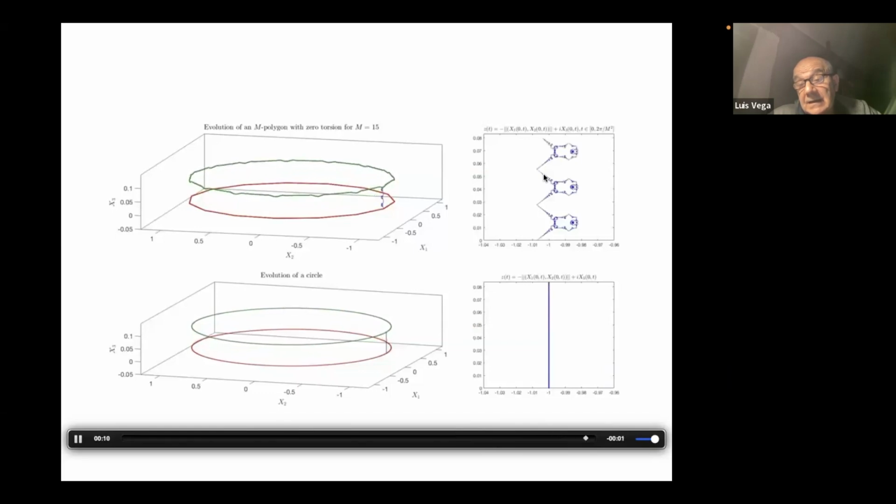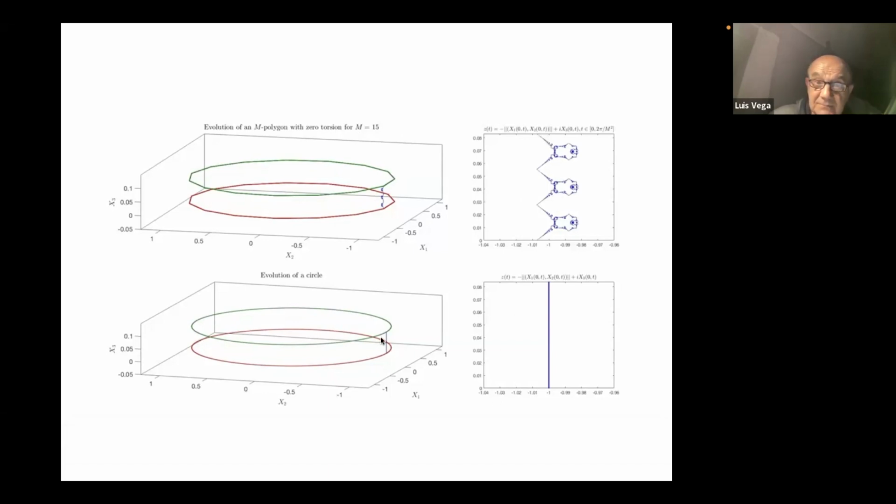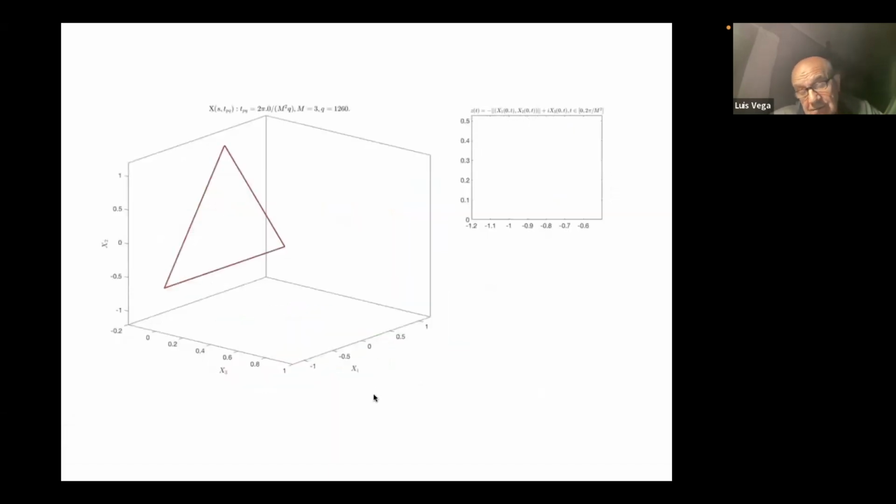In fact, this is a multifractal. This has been proved, and we know who this guy is. Well, if not for m equals 15, we know it for m equals infinity, right? If you zoom, we know what this limit is, and in fact it is very similar to the one you are seeing here for m equals 15. But if you go and compute the case of the triangle, this is what you obtain.